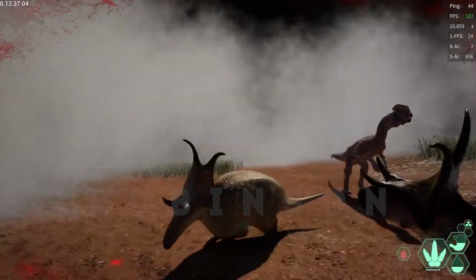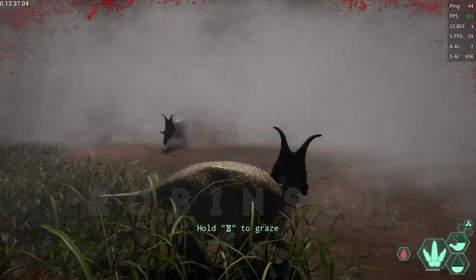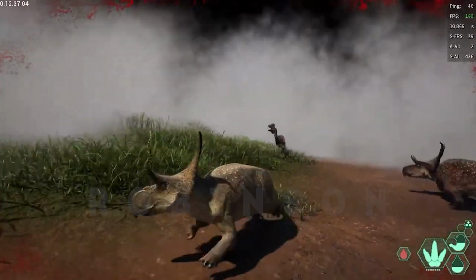There you go. So when you're envenomated currently, fast movement throws you into the fog of war. Feel free to use your